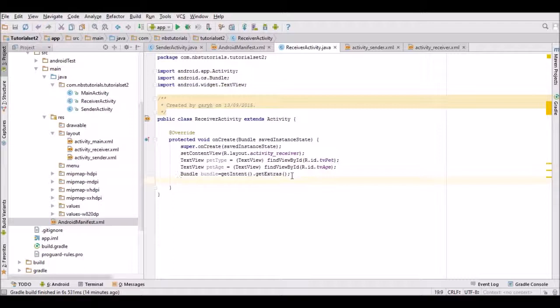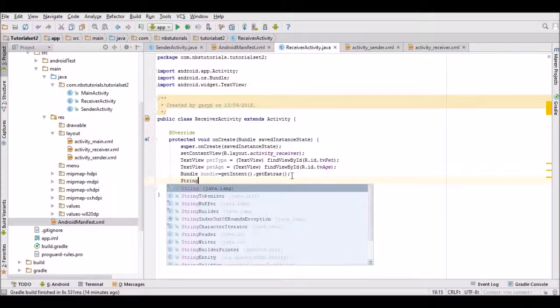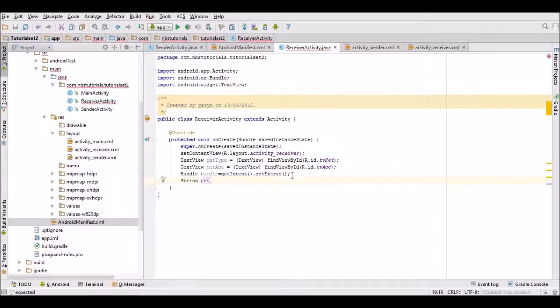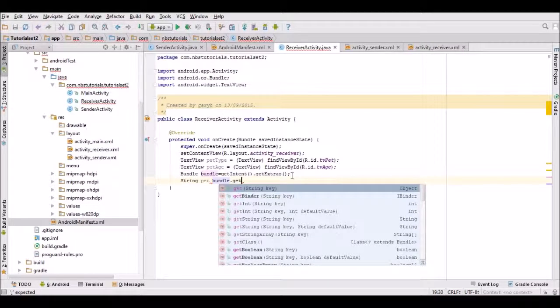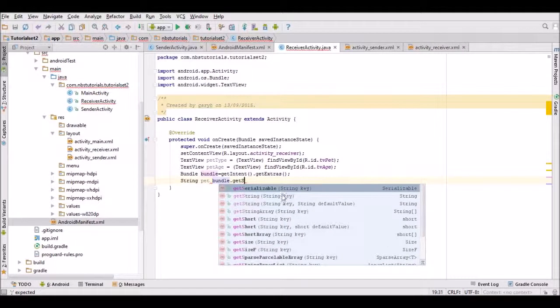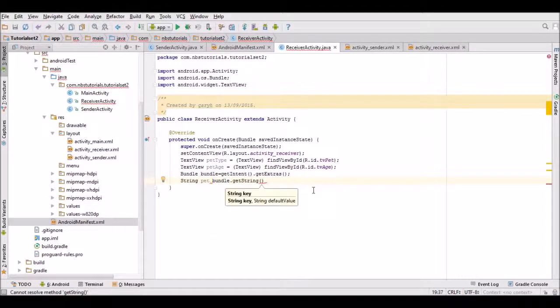So we could set up a string, which would be call it string pet, and it'd be bundle dot get string, and it'd be the string key, which in our case was